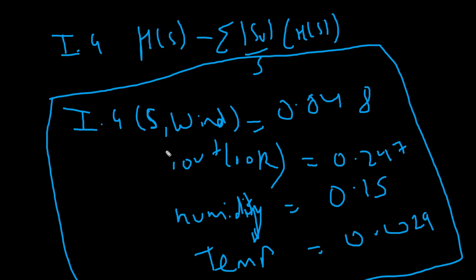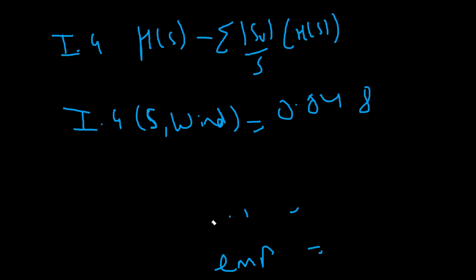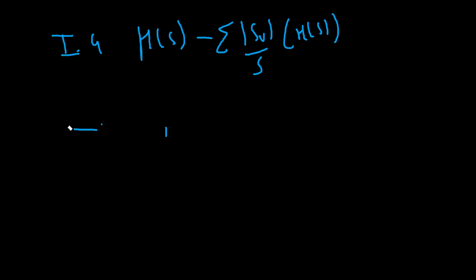The higher the information gain, the lower the randomness is going to be. We want the reduction of entropy, and as I said, entropy is nothing but randomness, and information gain is the reduction in entropy. So we select the feature that has the maximum information gain, and in this case outlook has the maximum information gain. So we are going to split our data on the basis of outlook.